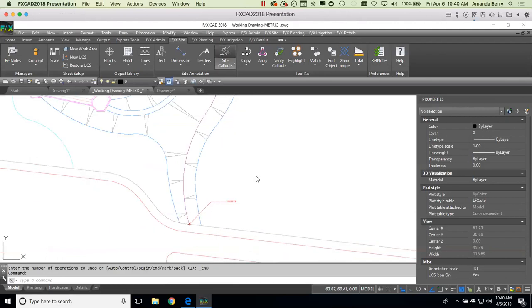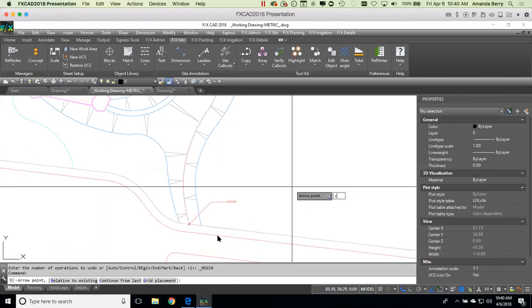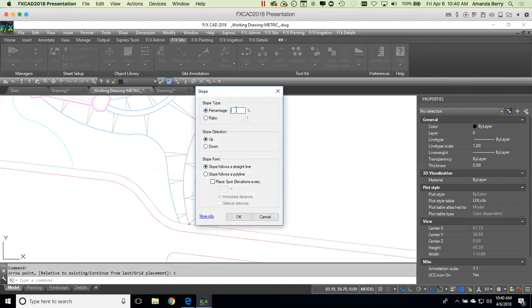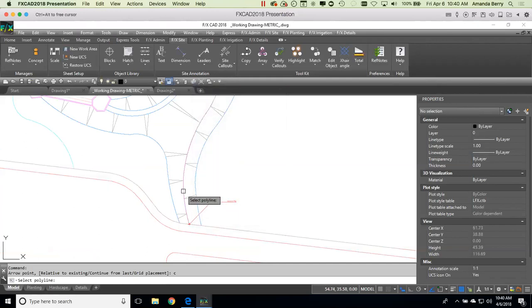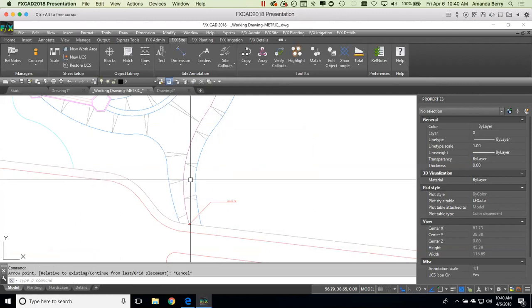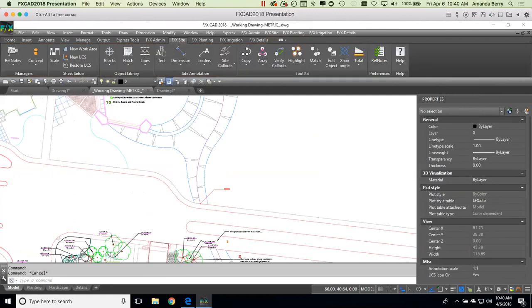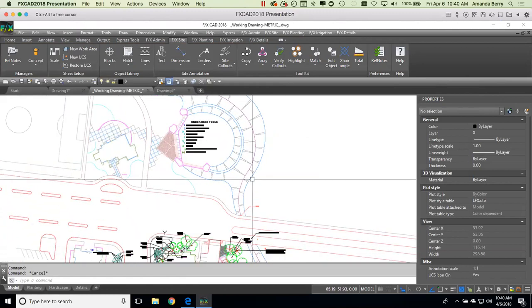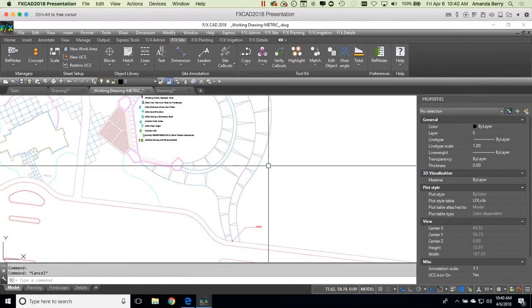I can then go back into spot elevation and I have some other options. So I can continue from last, C for continue to last, and I can start going nuts. Let's say 2% up, slope follows a polyline and place a spot elevation every 20 meters of horizontal distance. Let's do this. There was a polyline there when I prepared this drawing. Okay, so it seems like that polyline got deleted, so I'm going to show you another few tools of how